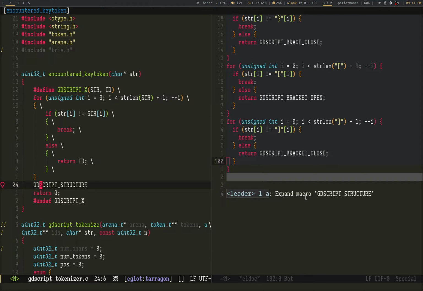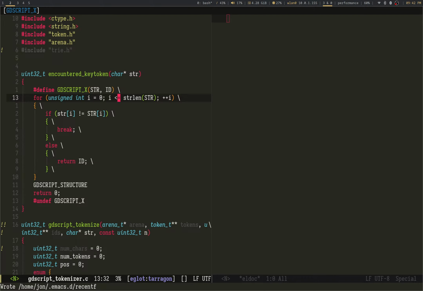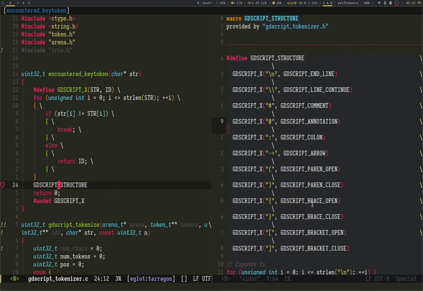Yeah, that's nice. And I'm including the +1 because I, of course, want to compare the null sign. So, I can actually do that. I like it.